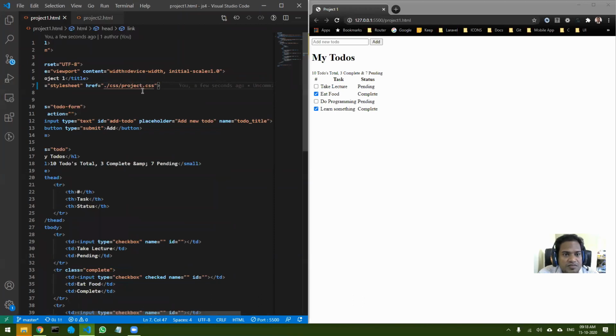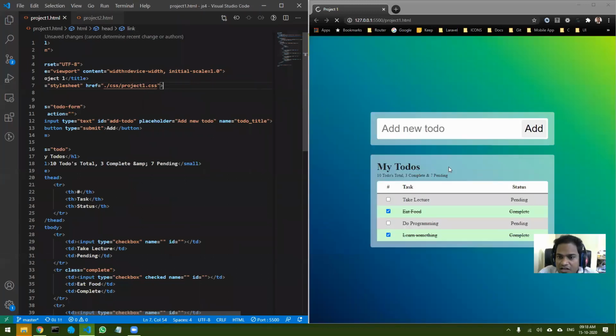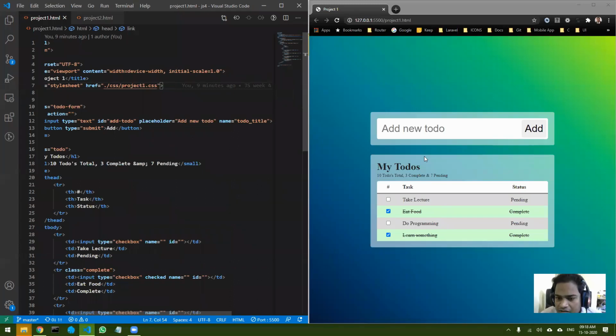Okay, so this is project one. Here I will set the CSS as project1, and now you can see the difference with CSS and without CSS. Once I added CSS, you can see what I've done.